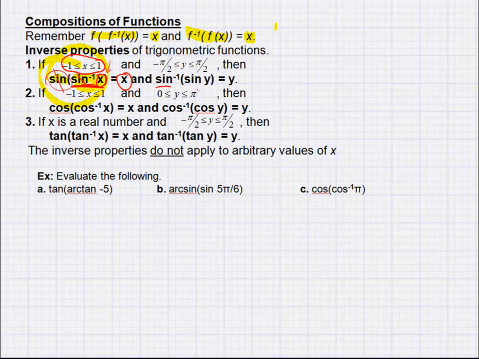If I look at this other one here, the inverse is on the outside. So I would take the sine of y first. Whatever y is, I plug y in there and take the sine of y first. For sine by itself, the domain is all real numbers, so y technically could be any y. However, whatever I get for this piece, I'm going to take the inverse sine of it. The only answers that come out after an inverse sine are answers, or y's in this case, between -pi/2 and +pi/2. So if I do this composition,